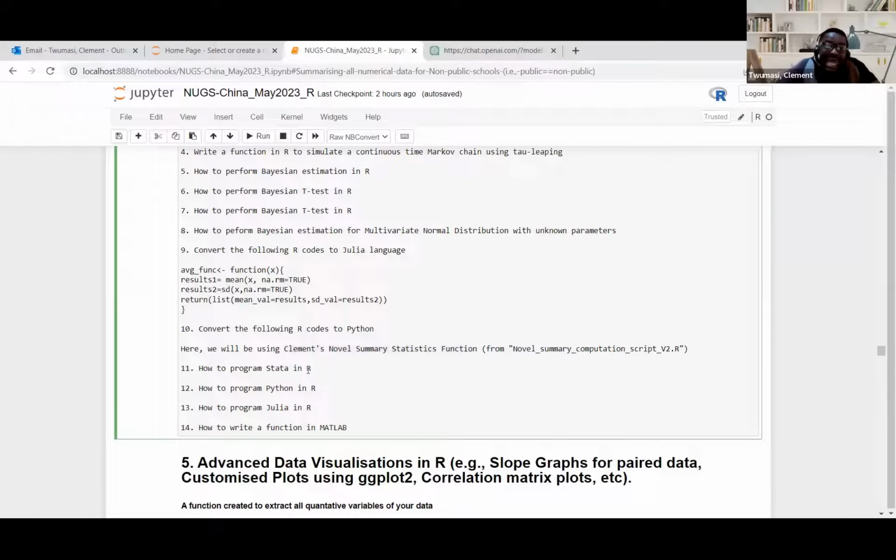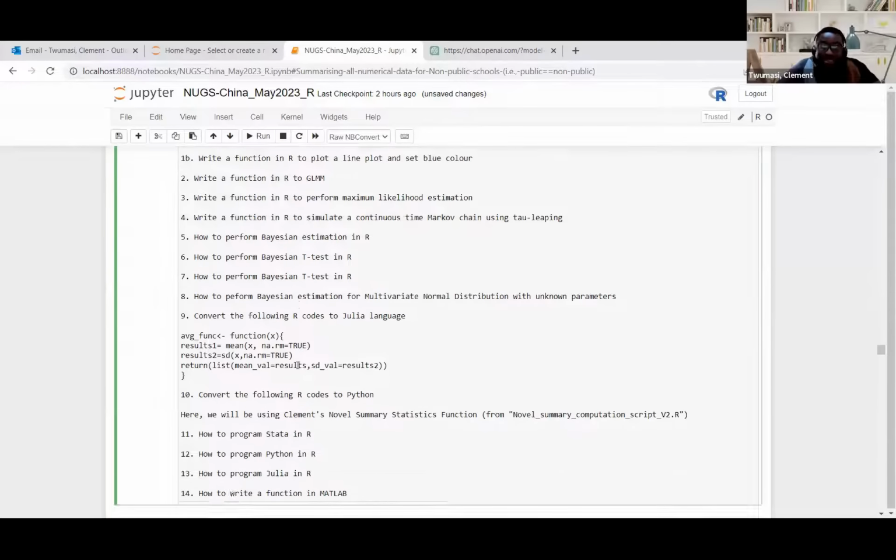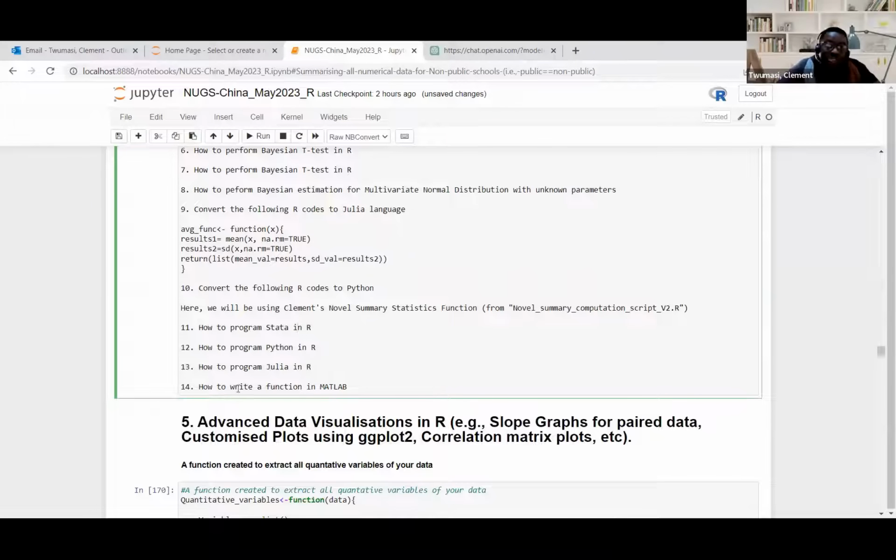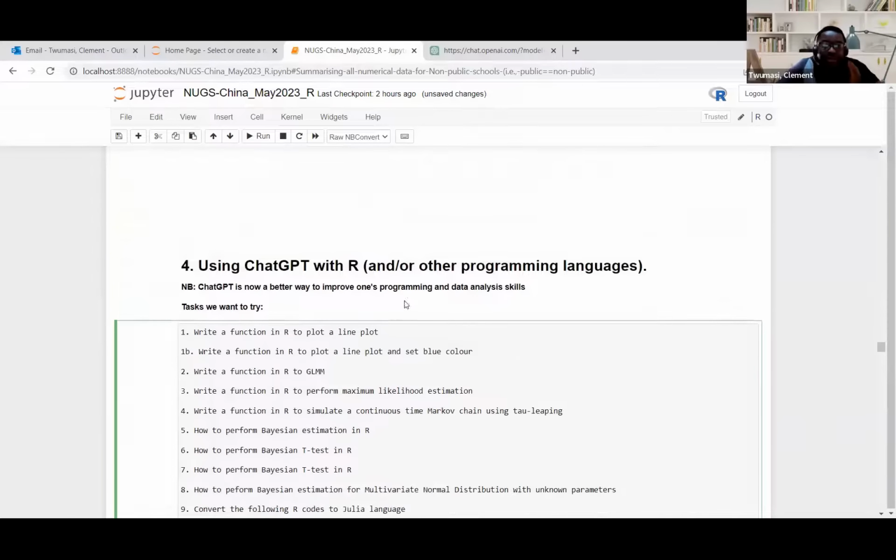And then you can ask it, how do we use Stata in R? Suppose you want to run Stata directly in R, how do we do it? It will tell you exactly how, and how to do it in Python, and how to write a function in MATLAB. It does everything for you. So now let's just try a few examples. So the first thing is,